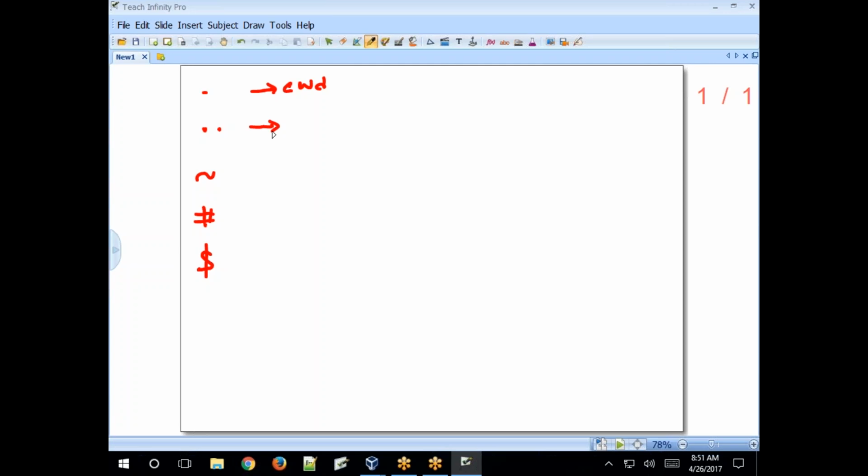Double dot represents the current working directory's parent directory. Clear? So we'll see later. Double dot holds the information about the current working directory's parent directory path. So for example, like this.